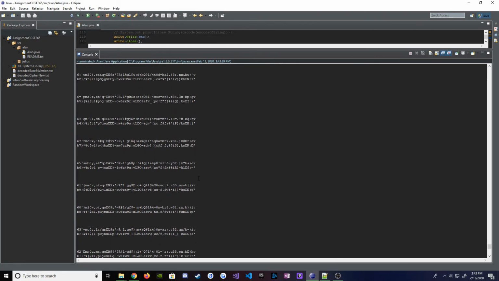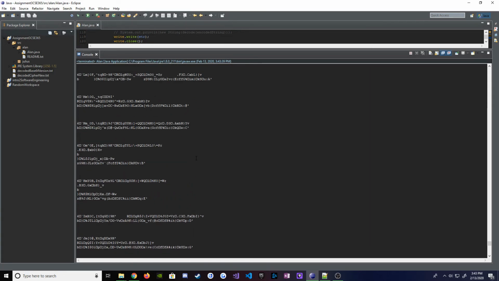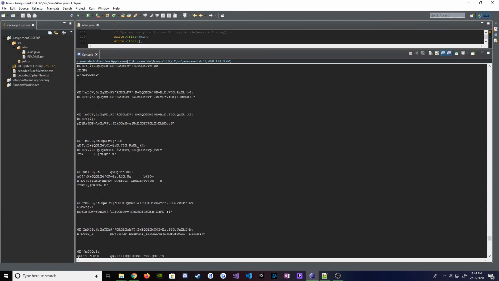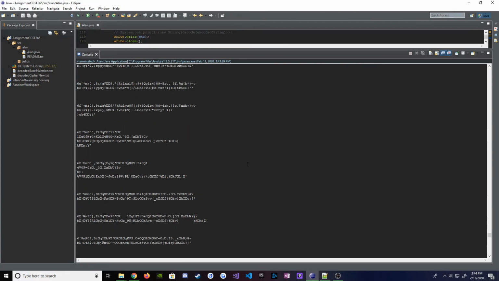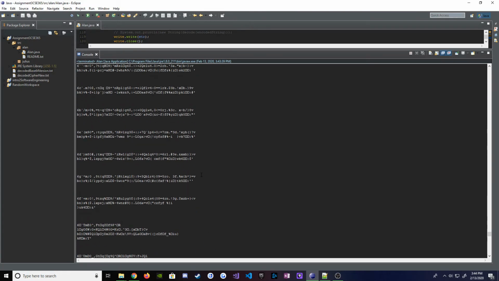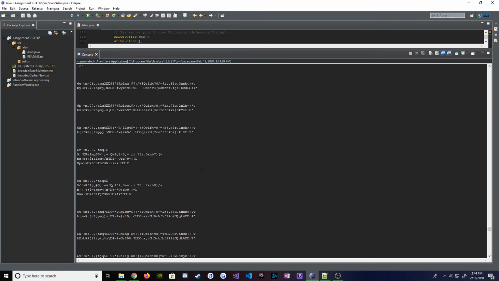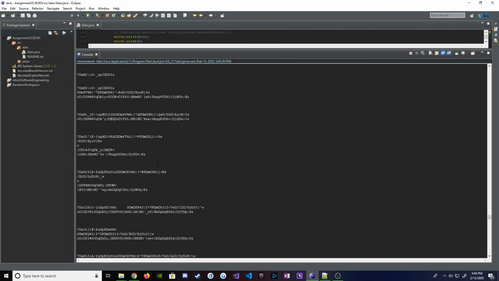So there's a bit of looking through the text to see if there's anything that pops up that is remotely English. We can keep going through this, but